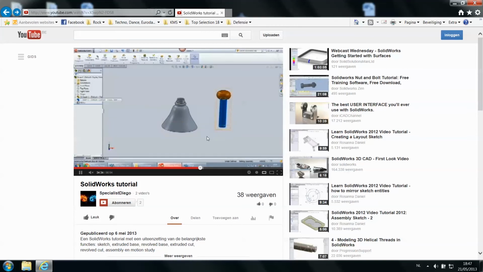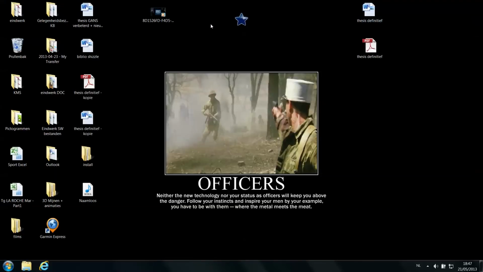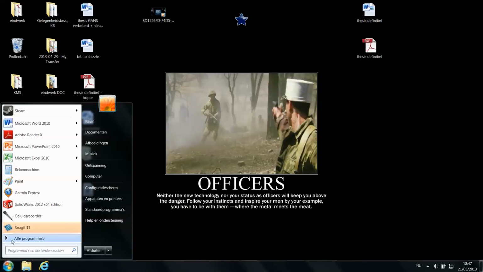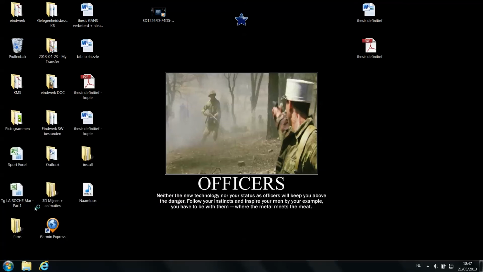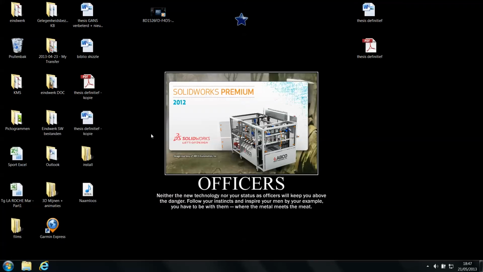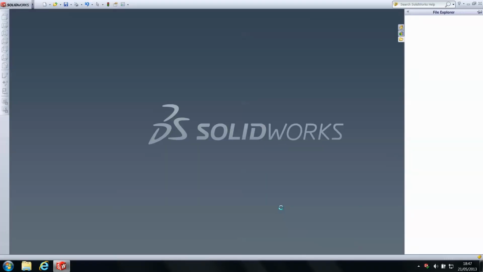So we're going to put it inside of the cone, and after that we're going to move the parts inside of the motion study, but that will be clearer when we start working. So first of all, we're going to open SolidWorks. So once the SolidWorks screen has opened, the first thing you have to do is to create a new part,